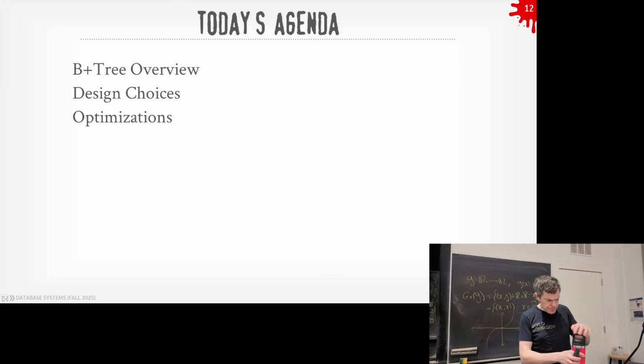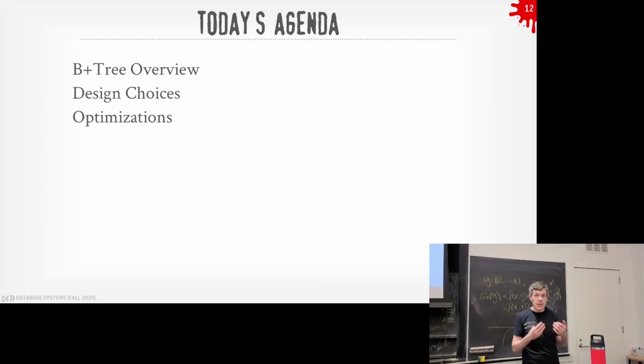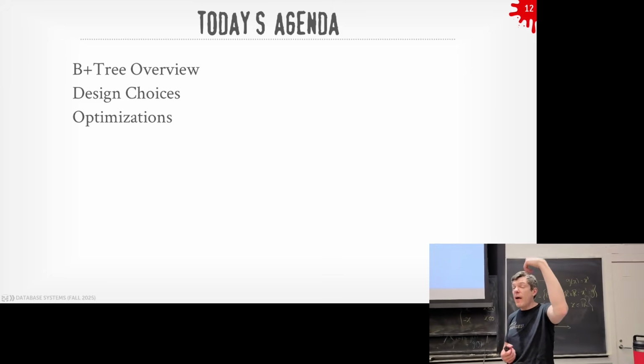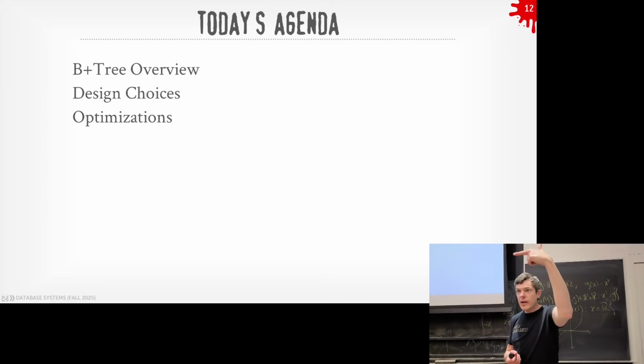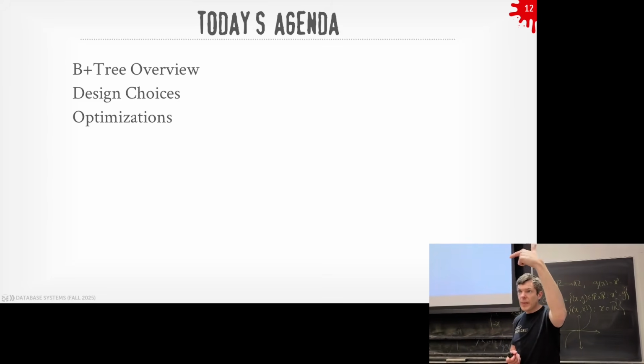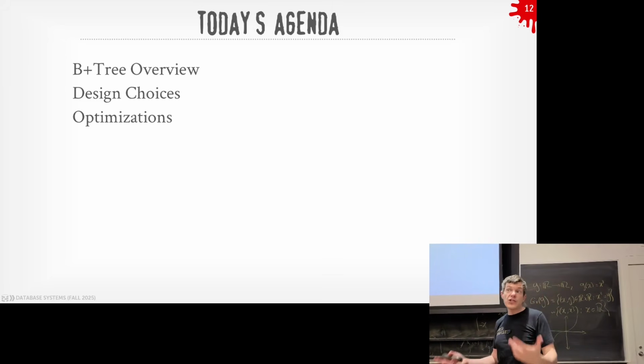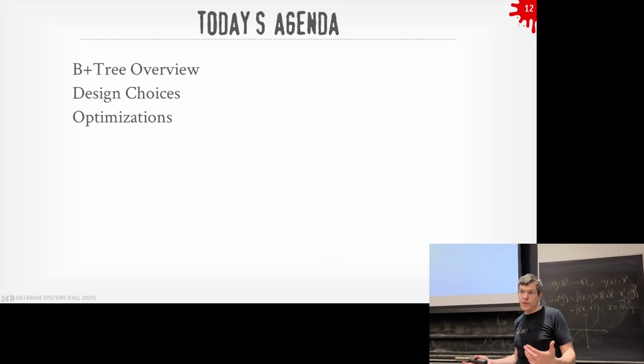Okay, so B+Trees are by far the most common data structure you're going to have in databases used for indexes. Like when you call create index in nearly every single data system, you're going to be getting a B+Tree or something that looks like a B+Tree. In some systems like Postgres that support hash table indexes, you have to explicitly say, I want to create the index using hash, right? Because otherwise the default is always the B+Tree.